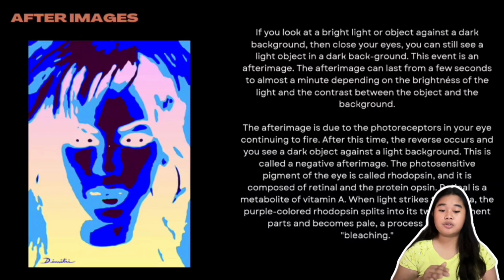The after image is due to the photoreceptors in your eye continuing to fire. After this image, the reverse occurs and you see a dark object against a light background. This is called a negative after image. The photosensitive pigment of the eye is called rhodopsin. It is composed of retinal and the protein opsin. Retinal is a metabolite of vitamin A. When light strikes the retina, the purple-colored rhodopsin splits into its component parts and becomes pale, a process